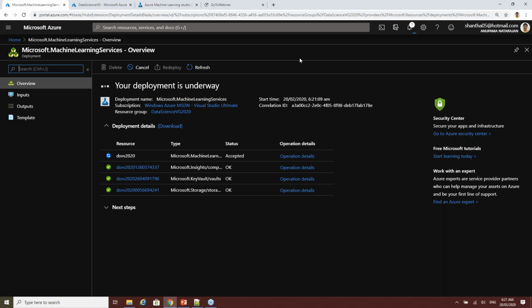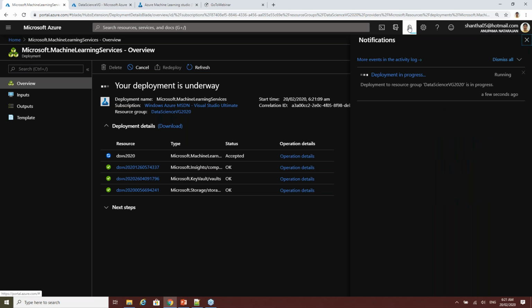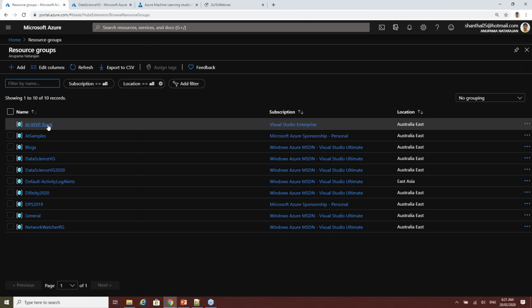So that is the use case that we are trying to use here. I think it will quickly finish soon. Great, let me get back to the resource group here.